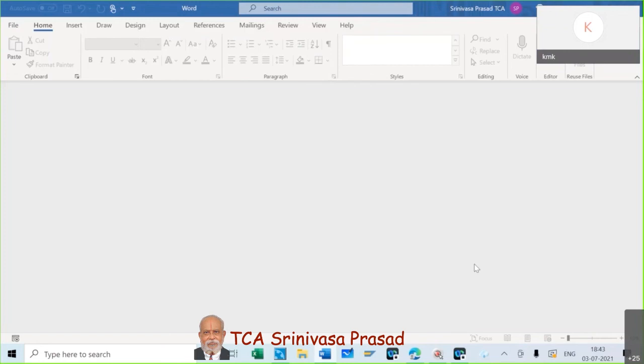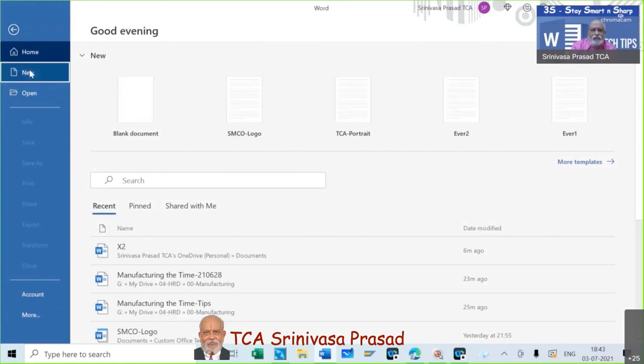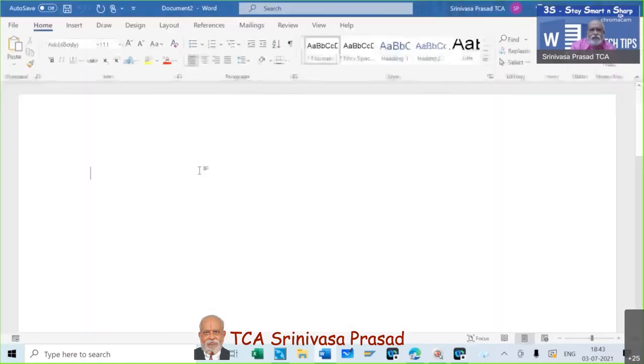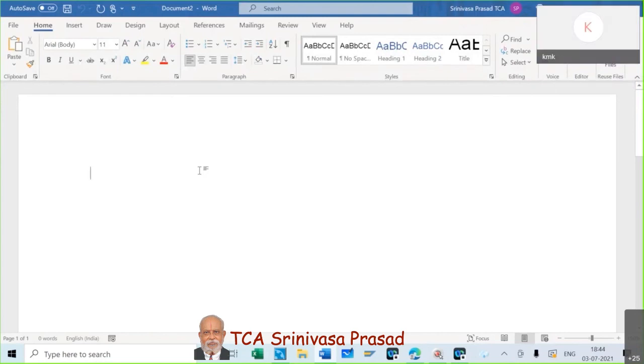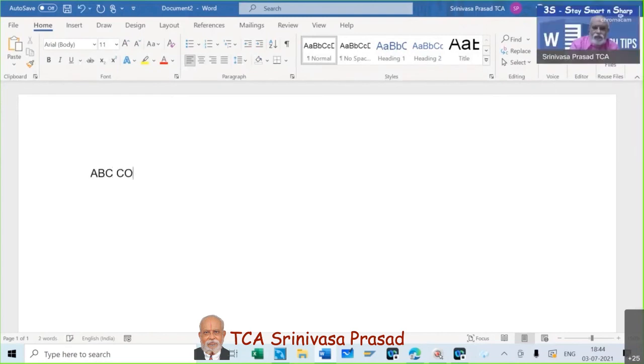Anything else? We can go to the next point. In fact, for folder naming also, though it is not directly connected with this, we can name the folder like this. Suppose you are working with the ABC company, so you will have a folder named ABC company. Within the folder, suppose you are creating a report today, maybe you can keep the report name like this.